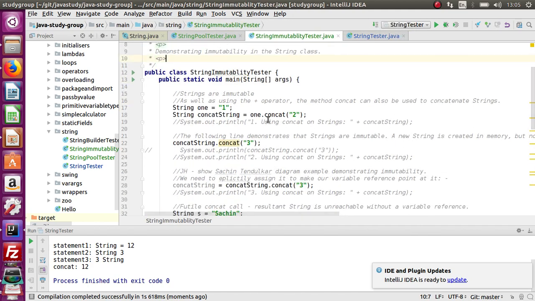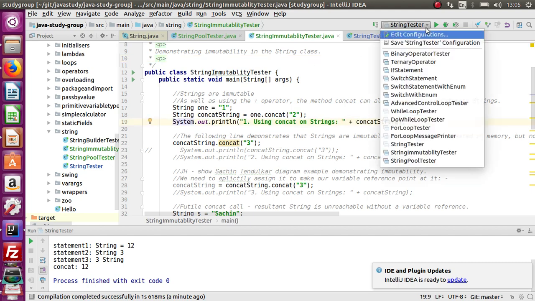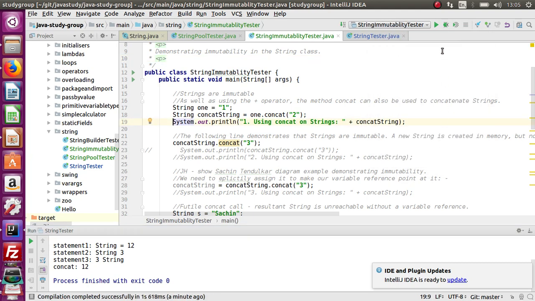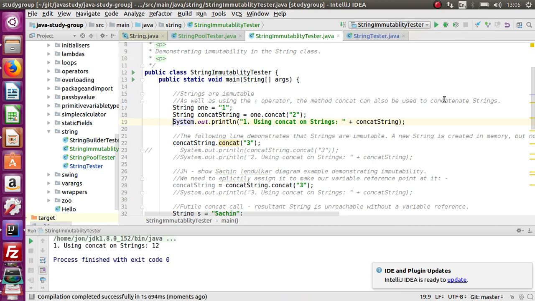So we've got string 1 equals 1, the string concat string equals 1 concat 2. So that's the exact same example we used before. I'll change this to this one now and run it. And we've got 12, exactly as before. So then we're going to get concat string, which now has the value of 12, dot concat 3, and we'll then print